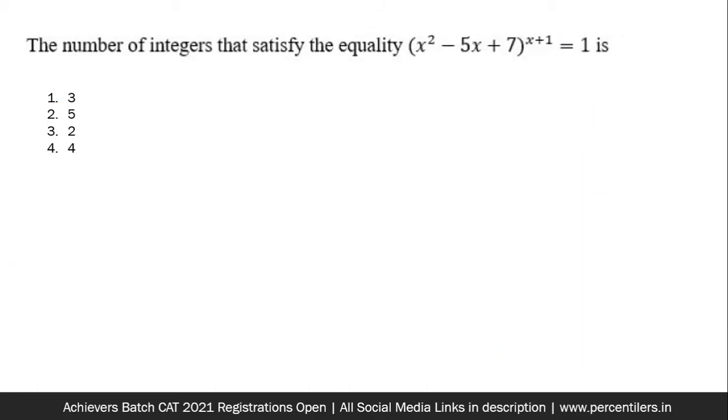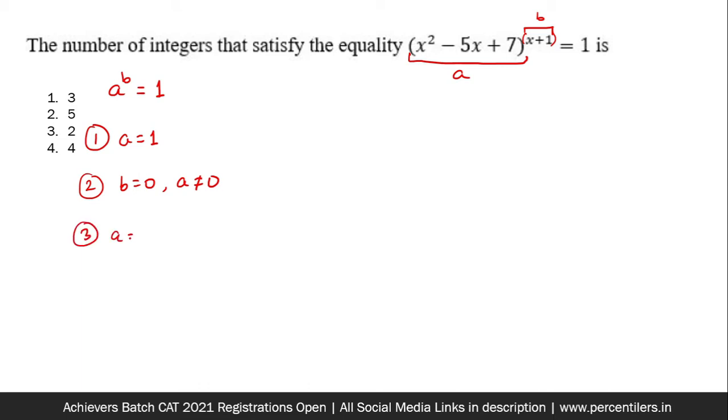Okay, a question sounding similar to this was also there in slot 1 of the same exam, but the only difference being that even the power was a quadratic expression. So similarly I'm going to solve this. So suppose I'm going to call this as a and x plus 1 as b. So we are given the condition that a to the power b is 1. Now this can happen in three ways. Either a is 1 and b could be anything. Second, b is 0 and a could be anything but 0. And third, a is negative 1 and b is even.